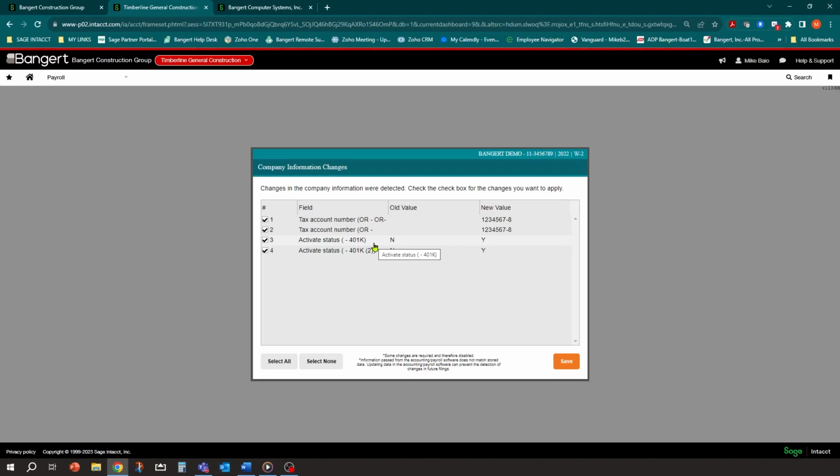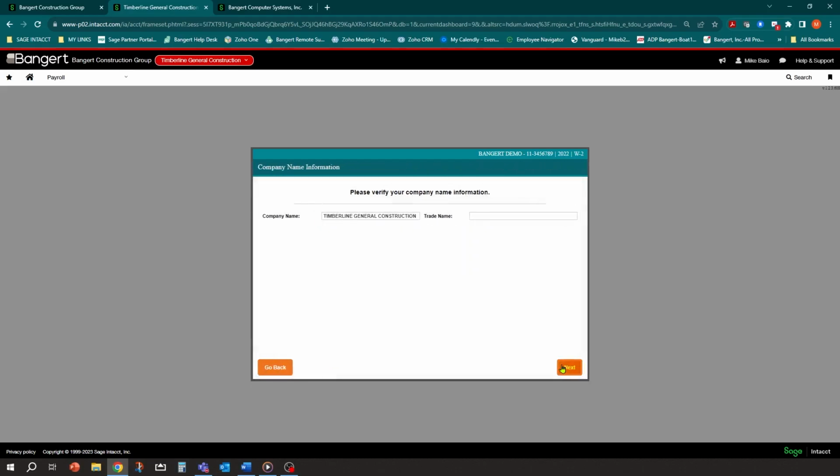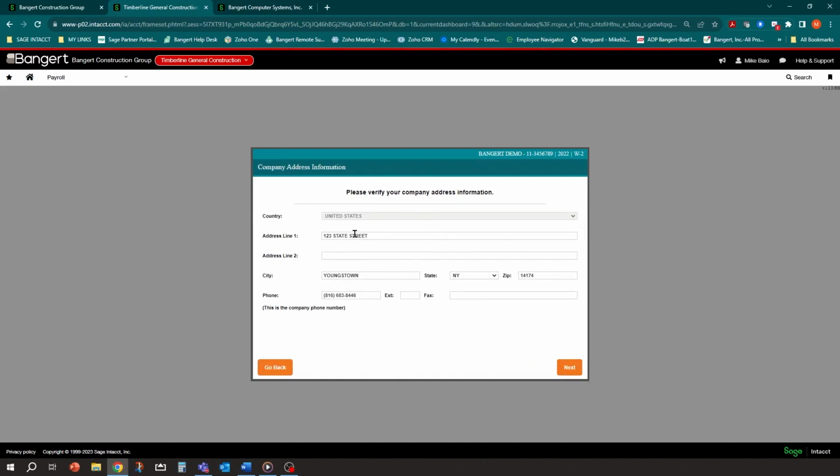If you've added tax ID numbers, if you've added more states in that entity setup, it's going to say, hey, here's the new values. Is that correct? And we're going to go ahead and say save. It'll always come in and ask you your company and trade name, and it's always going to ask you to verify the addresses. So stuff we did in that enrollment phase, we can always come into here and modify it on the screen and then go ahead and save it for later.